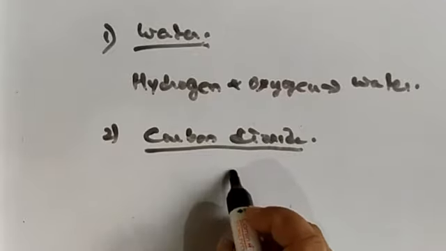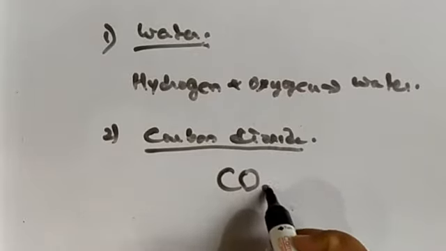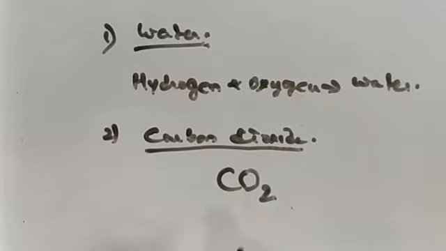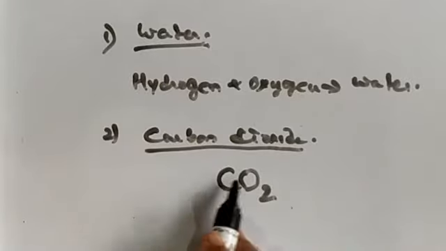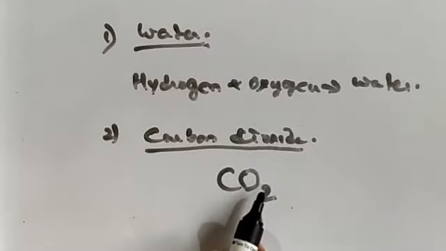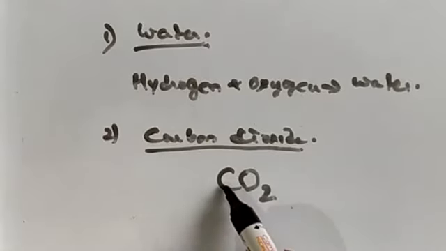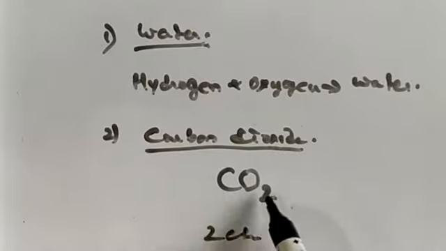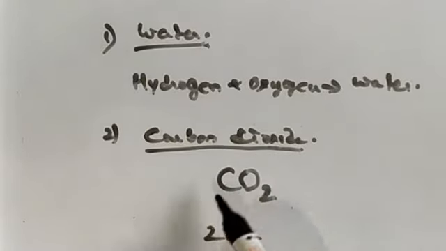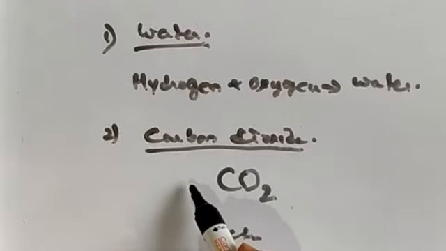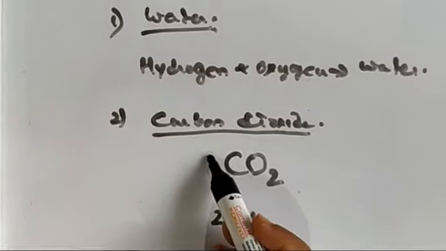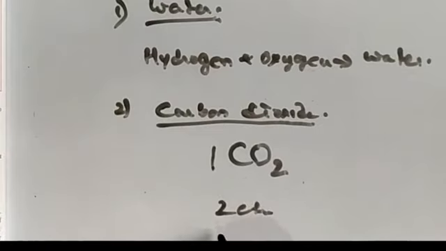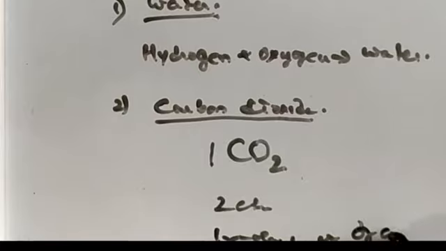Let us see. If I write the formula of carbon dioxide, CO2, then how much is understood? CO2. How many elements are combined in this? We can easily understand that carbon and oxygen are combined here. So, 2 elements. First point. Now, since CO2 is a molecule, it doesn't contain any number before it. That means it is understood to be 1. That means how many molecules are there? 1 molecule of carbon dioxide.